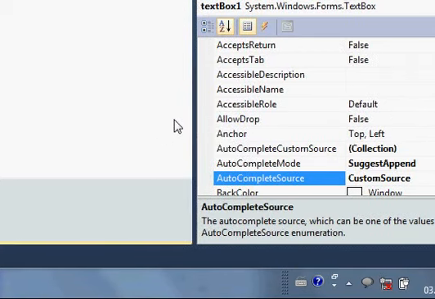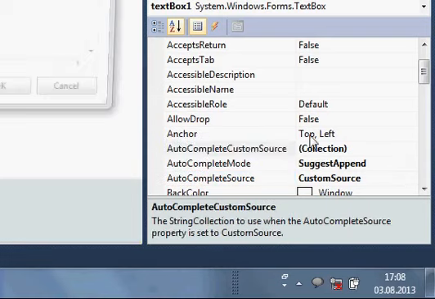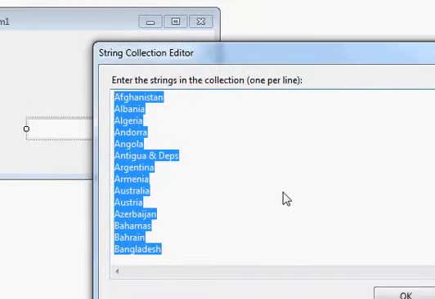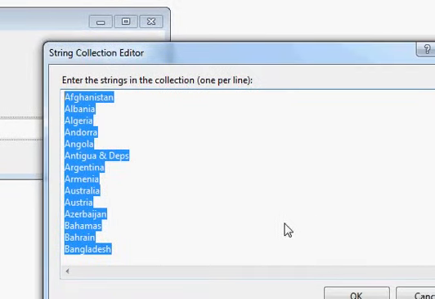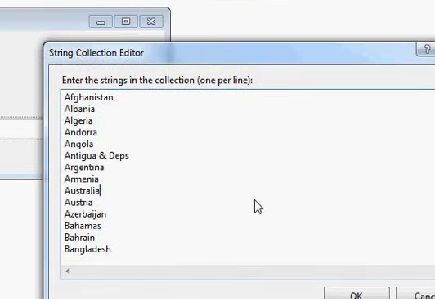Maybe in the next video I will show you how to set your database value in your autocomplete custom source. Okay, right now these values which we have given are some static values, but maybe in the next video probably I will show you how to fetch the values from the database and set in this